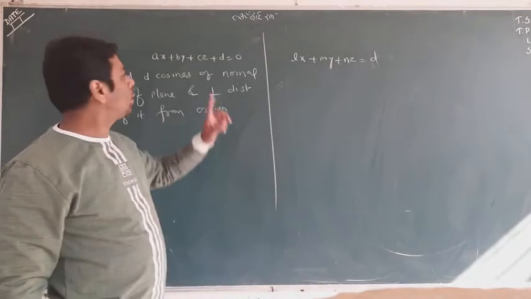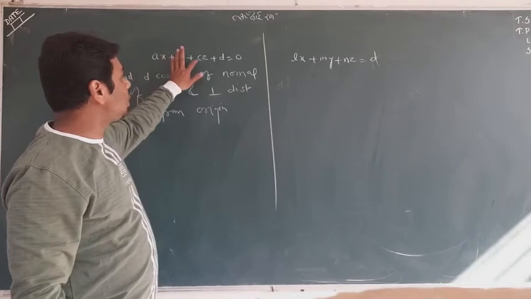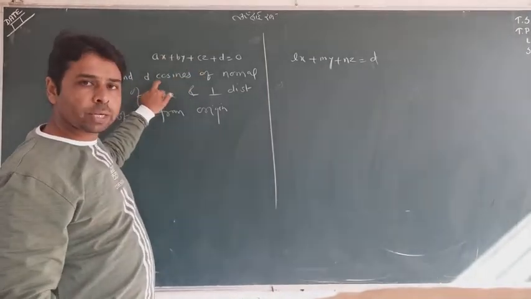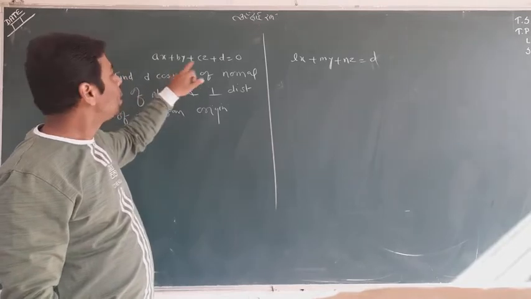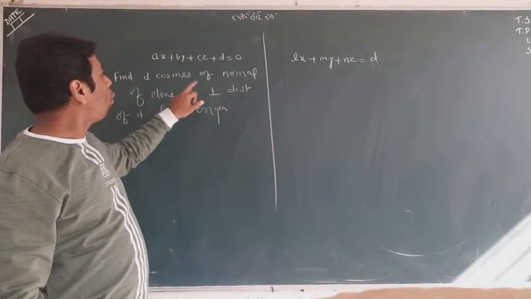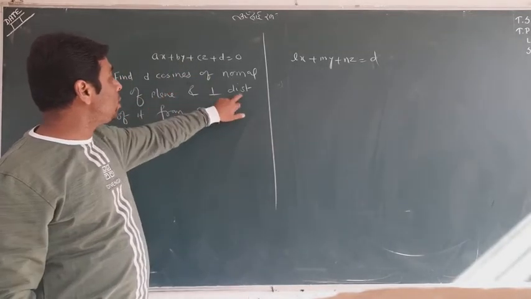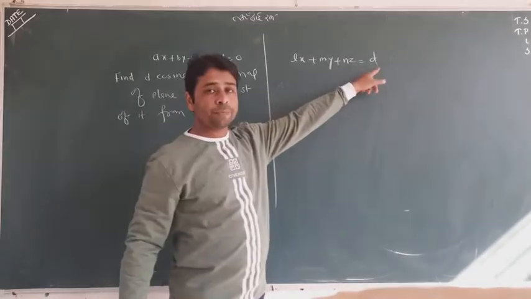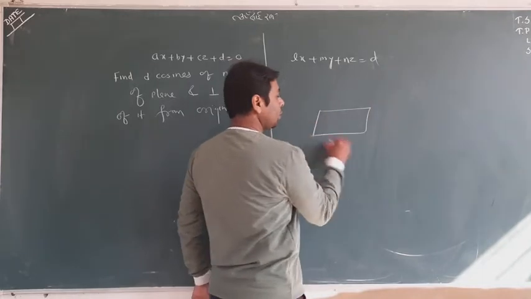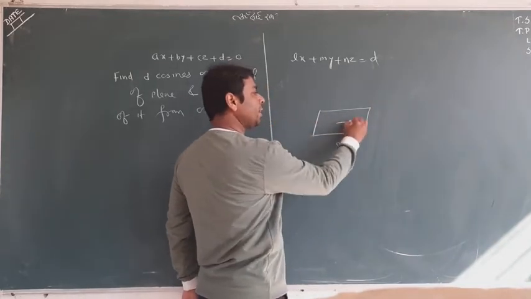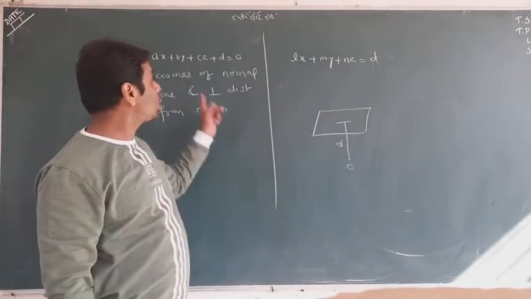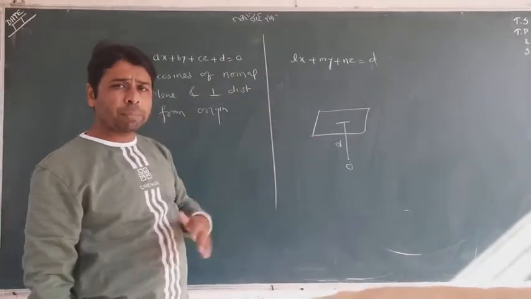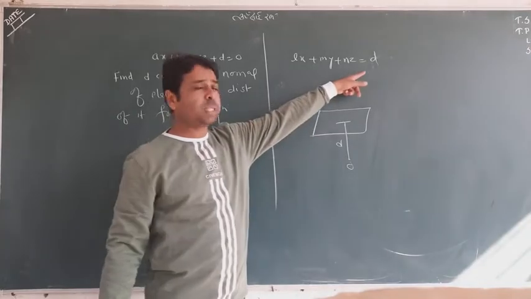I tell you one thing, that a, b, c are only the ratios of the normal of the plane, but you are told to find the direction cosines. Okay, it can be done easily. What about the next? Also find the perpendicular distance from the origin, as it was d here. You know, it is O, and you want to find that d in this equation. So this d and this d are different now. This is only a simple constant number, but that d is specific.